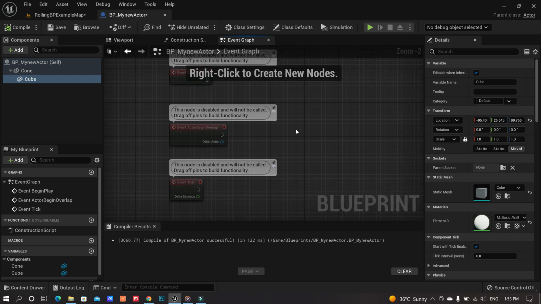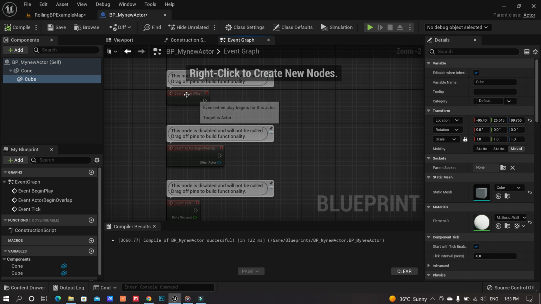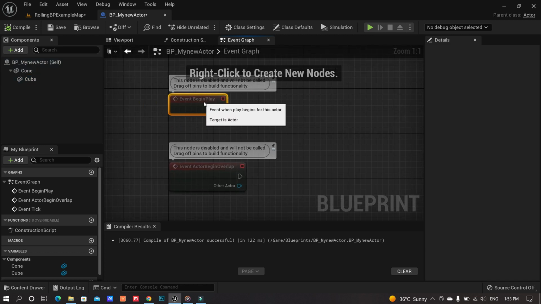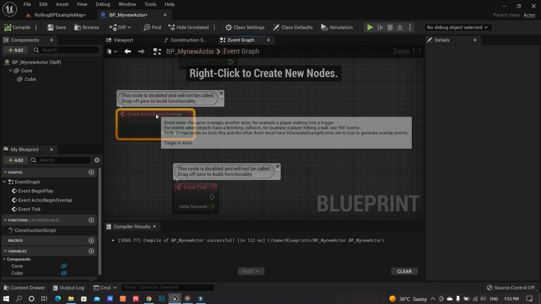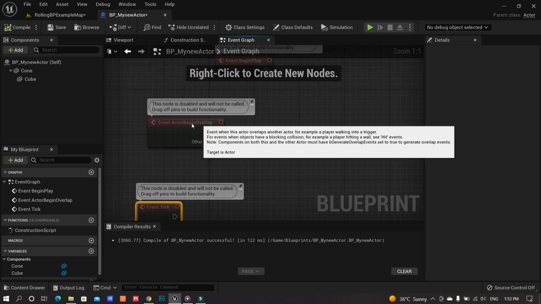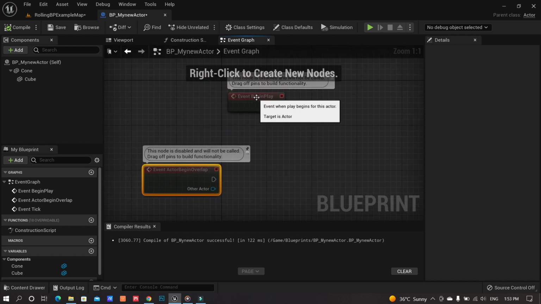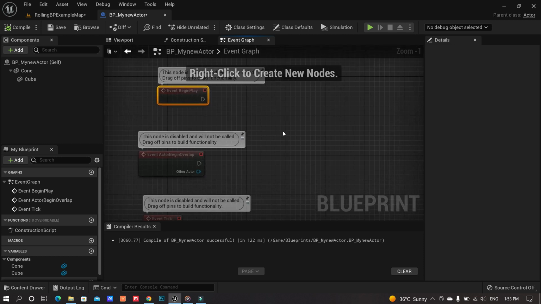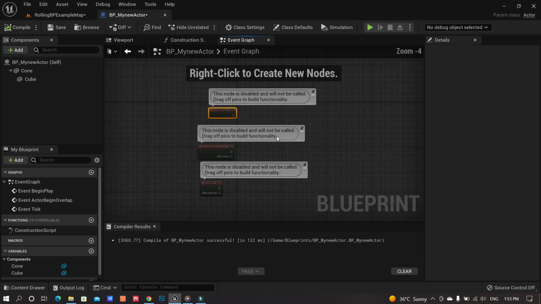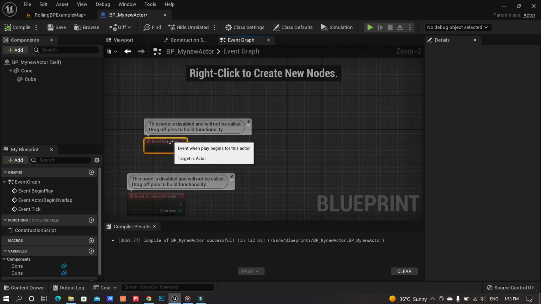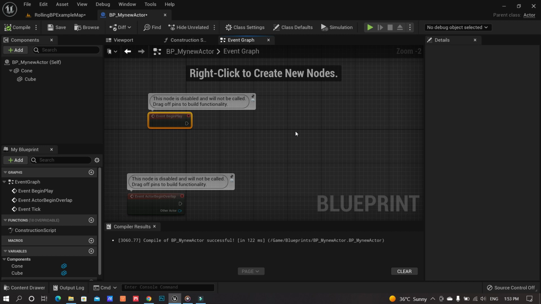and when you go to the event graph, you will see by default these events are already added to your graph itself. You can click them and just move them around wherever you find it's movable. This will be used when you start building quite complex blueprints where you have multiple functionalities. So maybe you would like to give some space. If you use the wheel and move up and down, you can zoom in and zoom out for your own purpose. And this is where we're going to start.